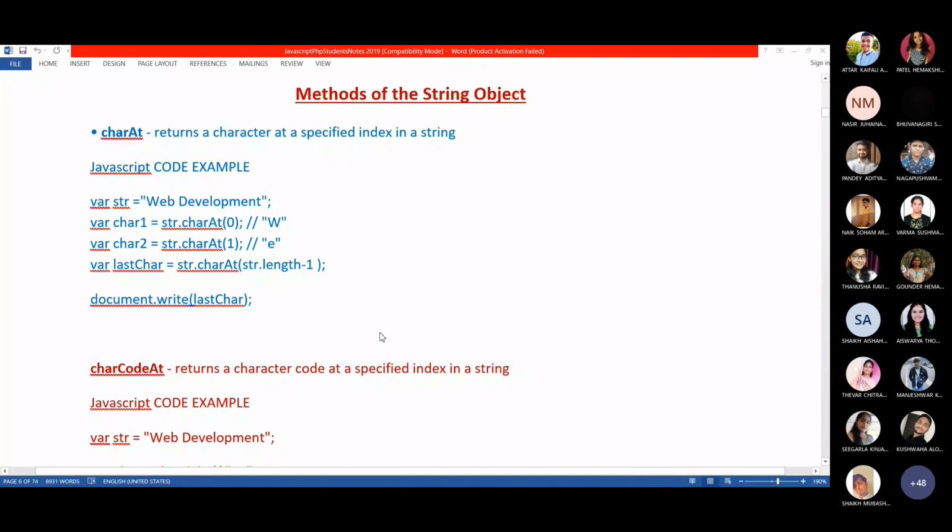This will also be there for your class test. Only one batch did not practically do the pop-up boxes and CSS, but theoretically I explained this to the entire class. So you should not think that ma'am only executed CSS and pop-up boxes for batch 2, so batch 1 need not prepare.